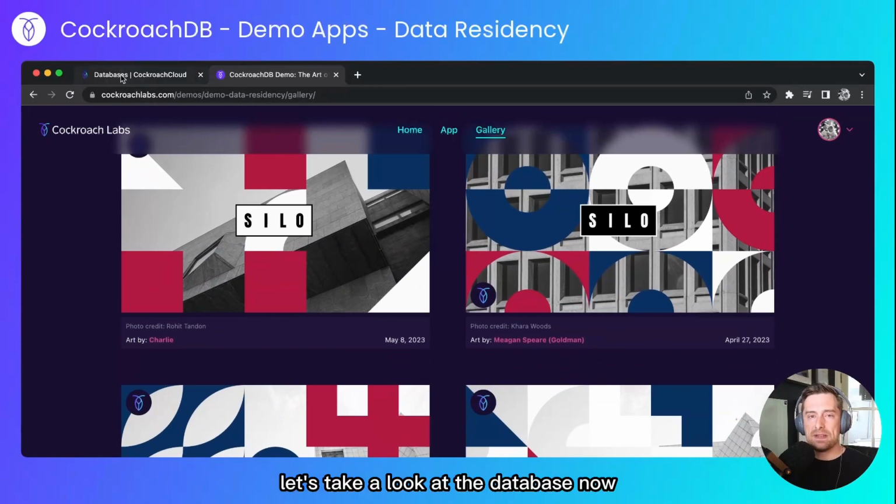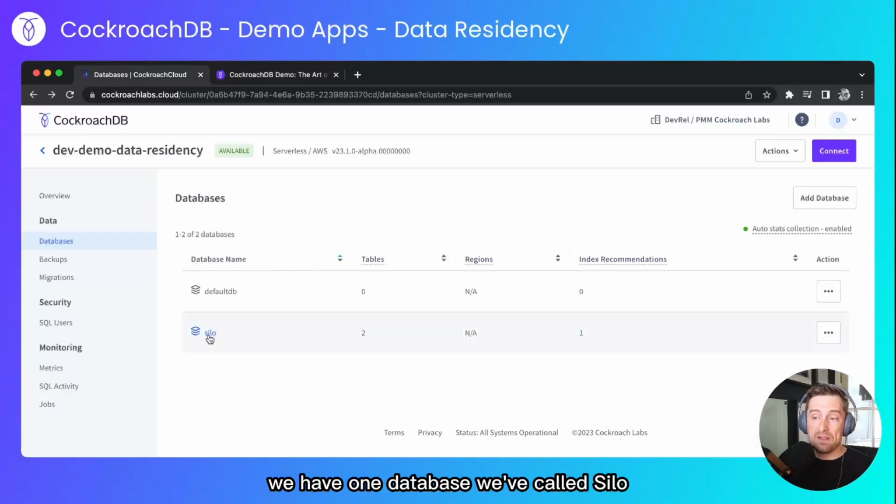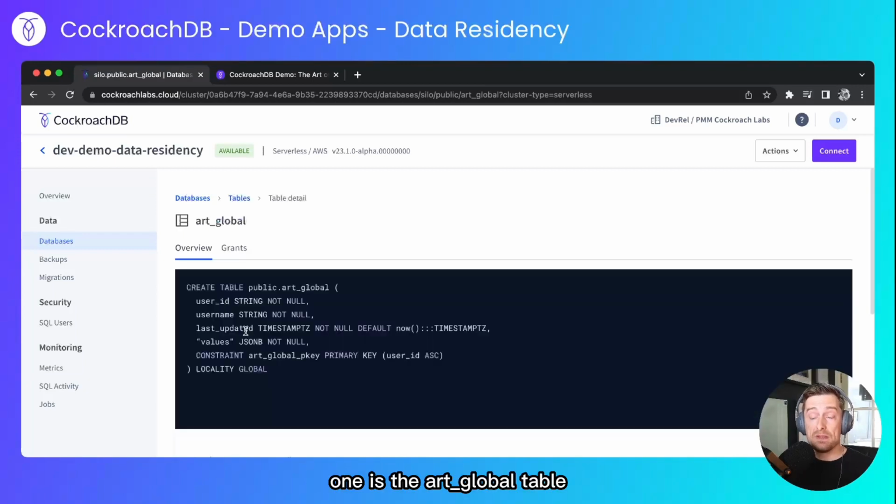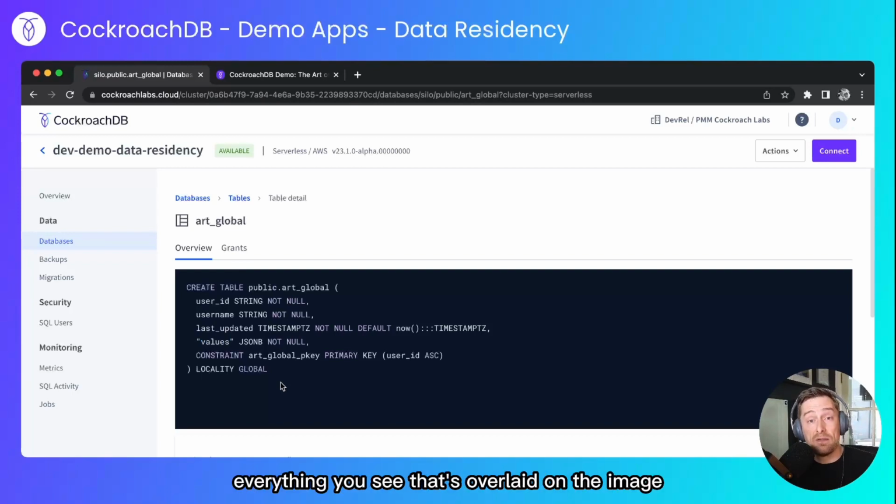Let's take a look at the database now. It's very, very simple. We have one database we've called Silo, and in there are two tables. One is the Art Global table, which has a locality global flag. Values are configured in the front end and stored in a JSON blob column. This is the entire configuration for the Art Global table. Everything you see that's overlaid on the image, the Silo logo, the Cockroach logo, and the background pattern is all